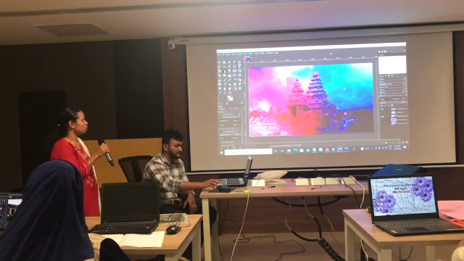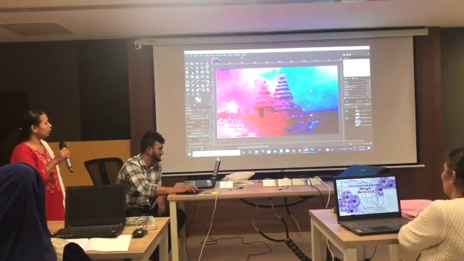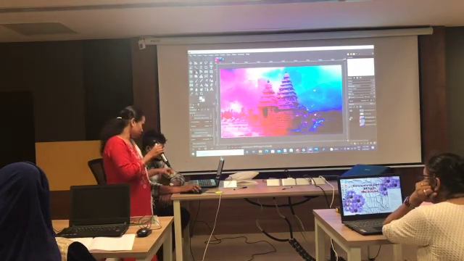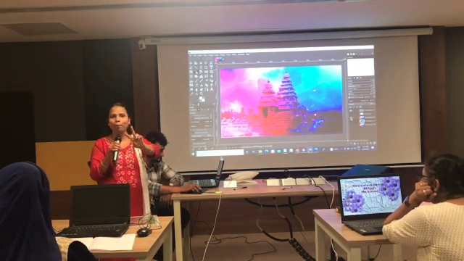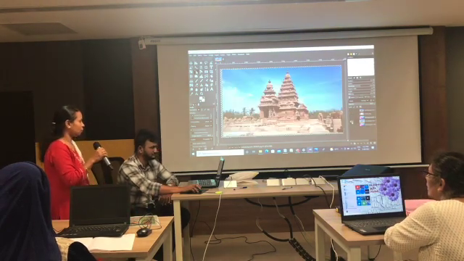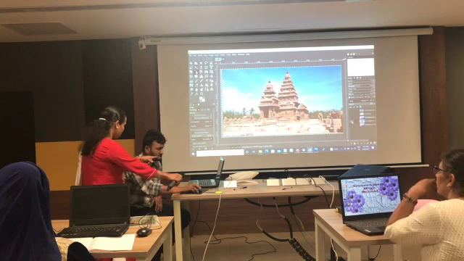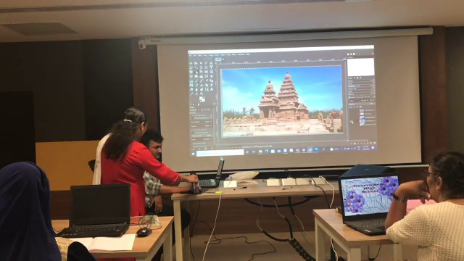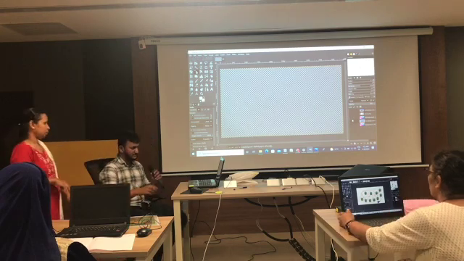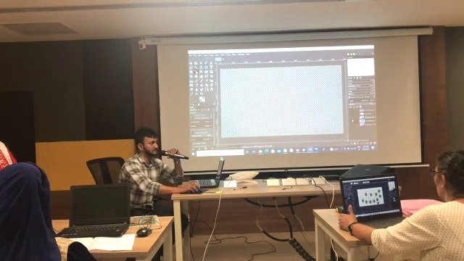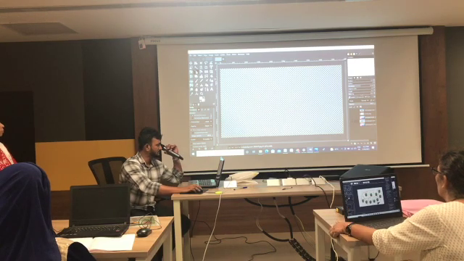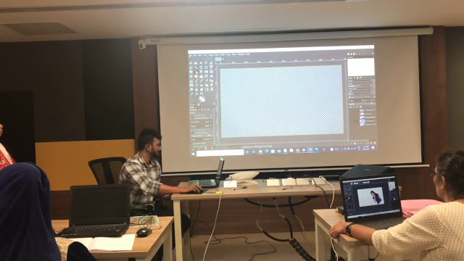Okay, so first we have taken the different pictures, the two pictures we want to blend. Okay teachers, first we take one layer. First layer it is.